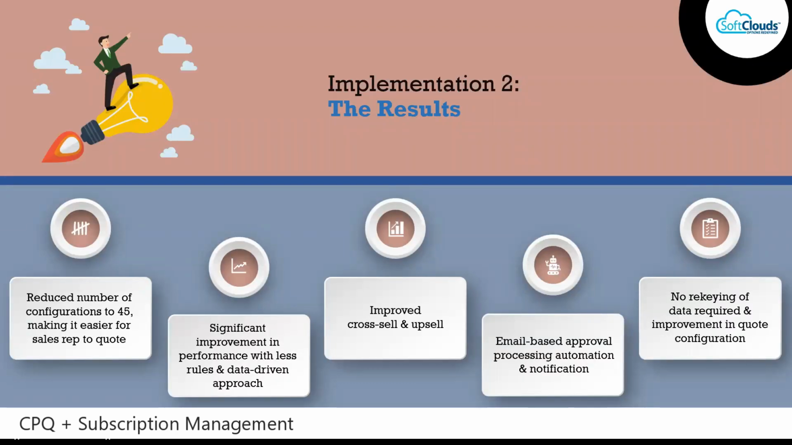So in this case, we reduced the number of configurations from thousands to 45. We had a significant improvement in the performance so that there were fewer rule and data-driven solutions. It improved significantly their cross-sell and upsell opportunities. We had an email system to get approvals internally, and then externally using a signing mechanism like DocuSign to get